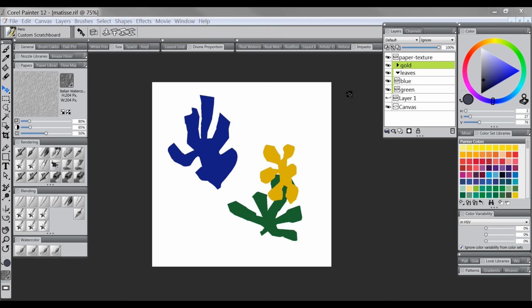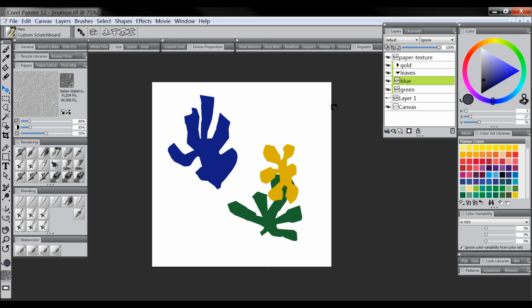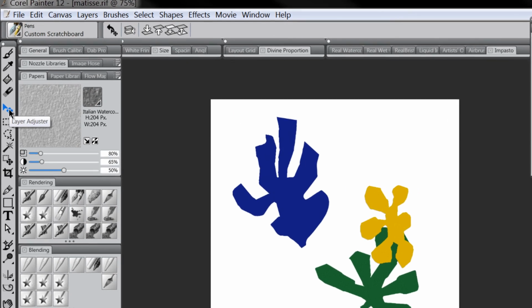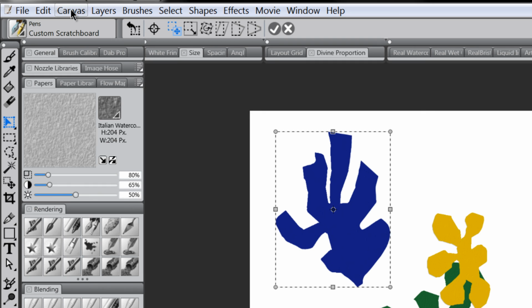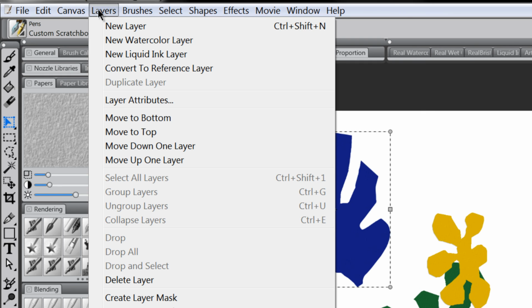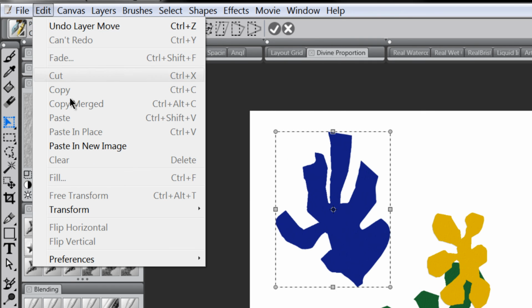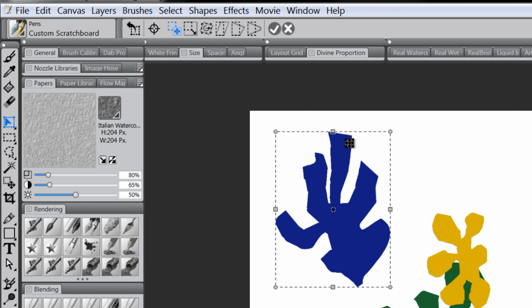The last thing we'll look at is rotating an individual layer. So I'll select this blue leaf here, and the quickest way to rotate it is to go to the layer adjuster, tap and hold to get this extra secondary icon, which is the free transform tool, or you can get to that under edit, transform, free transform. That'll put a little bounding box around your object here on your layer,